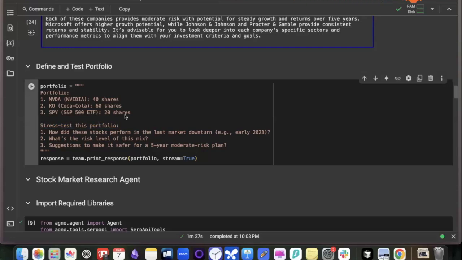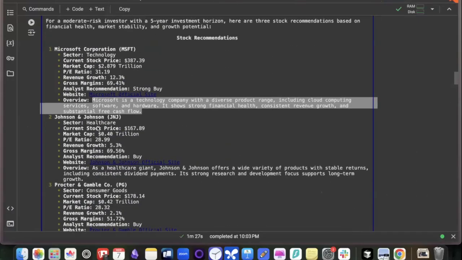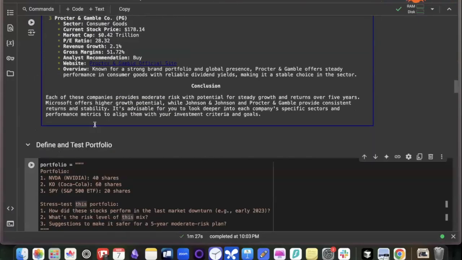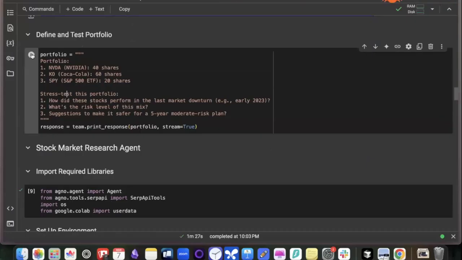But if you give it access to code execution or some other advanced tools, it will also be able to do that. My idea to show this is just to help you understand how that works. So let me just run this and show you how AI is thinking about portfolio analysis.